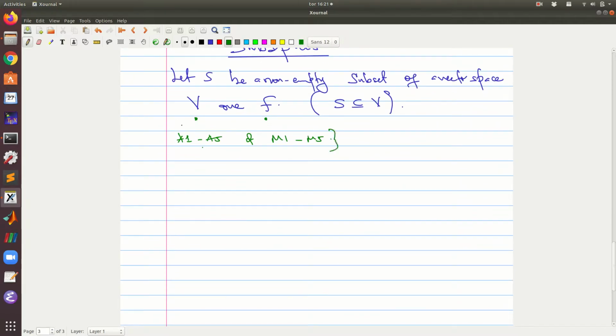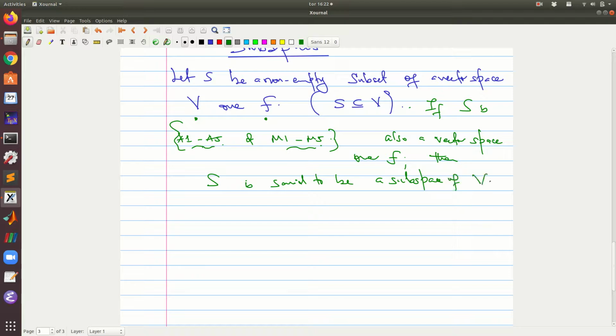So we are saying let S be a non-empty subset of a vector space V over F. If S is also a vector space over F, in other words, if these axioms A1 up to A5 and M1 up to M5 are also satisfied under the same addition and scalar multiplication, then S is said to be a